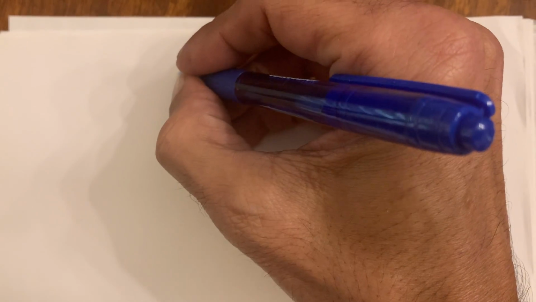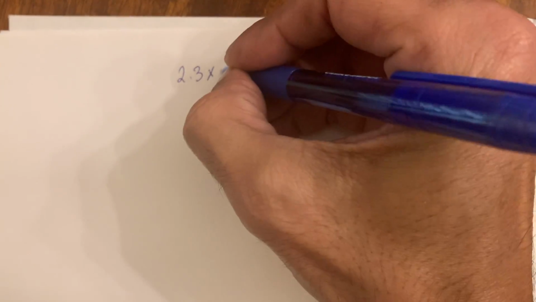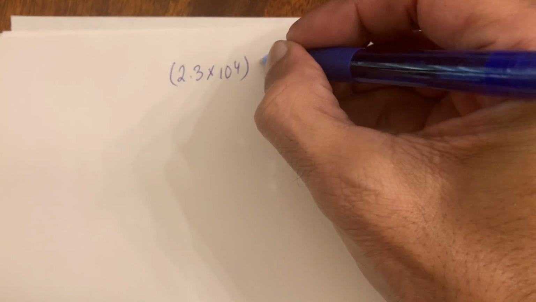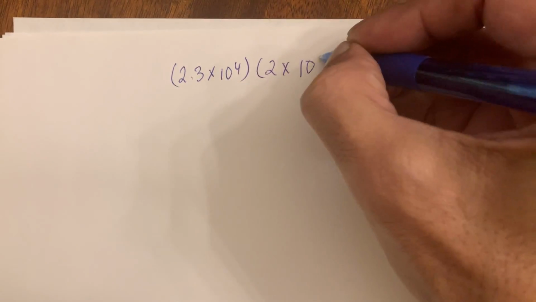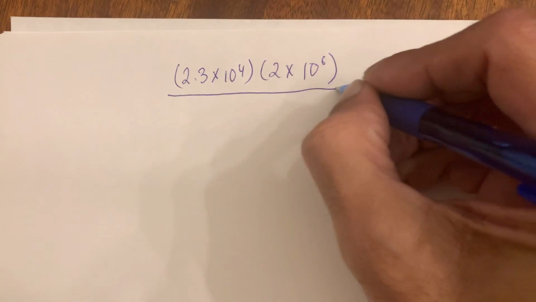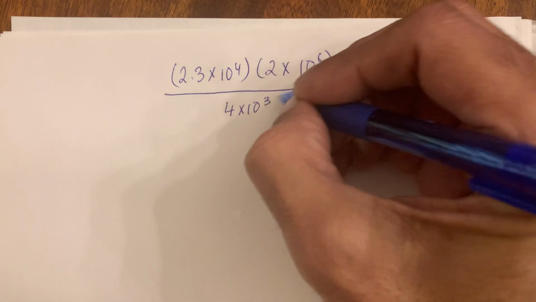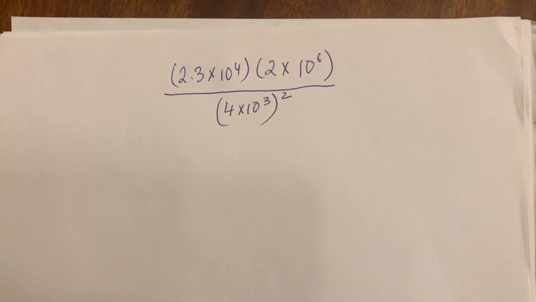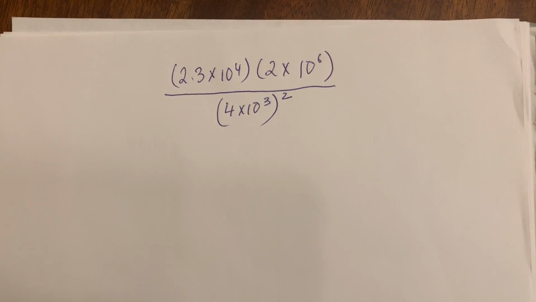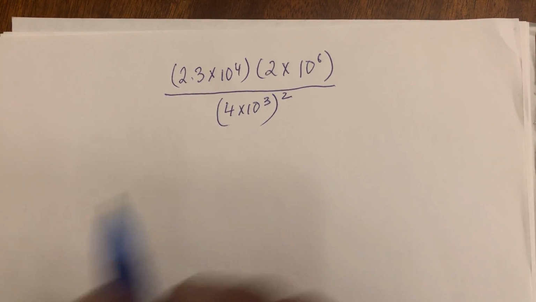All right, now for our final lesson. So let's start picking some numbers like 2.3 times 10 to the 4 times 2 times 10 to the 6 divided by 4 times 10 to the 3, the whole thing squared. Now, this is something that we can work through pretty easily on a calculator, and the numbers are not too